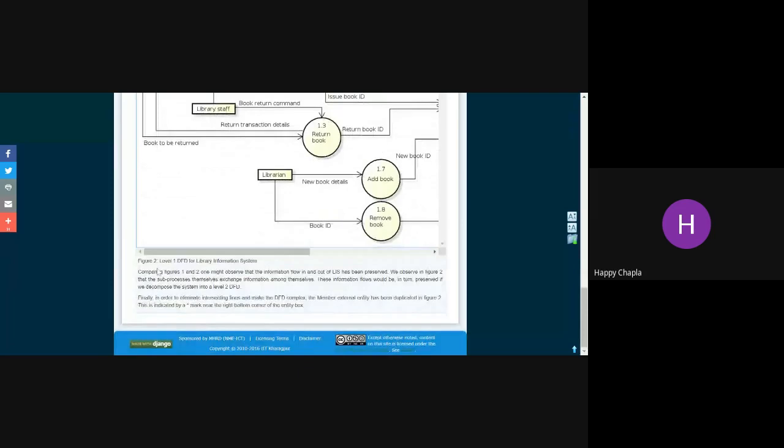Now, if you want, you can further divide it into level number 3 also. Yes, if possible, you have to expand till DFD level 0, 1 and 2. When you come to level 2, the entire system is available with you in that DFD. When you define level 0, it will contain only your own system, and no other system will be shown there.